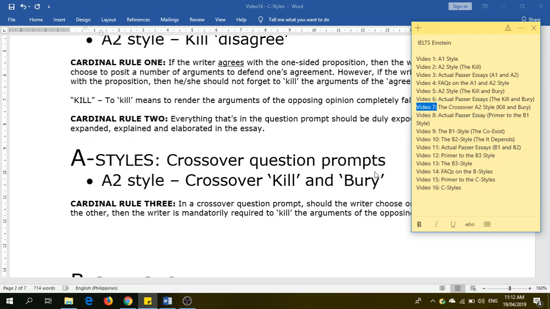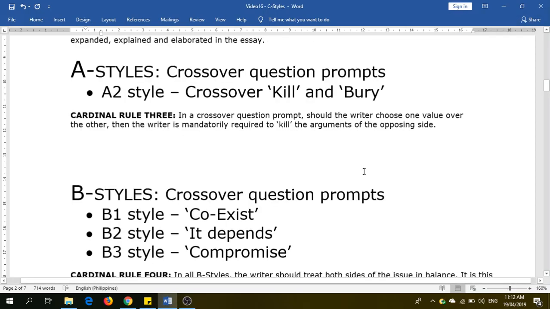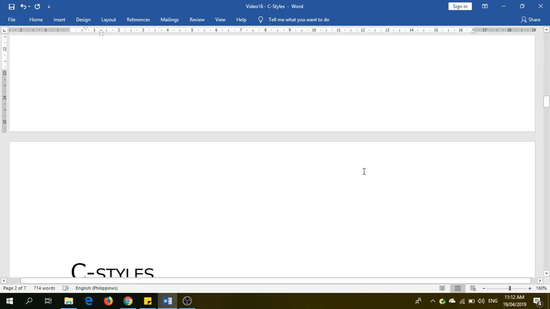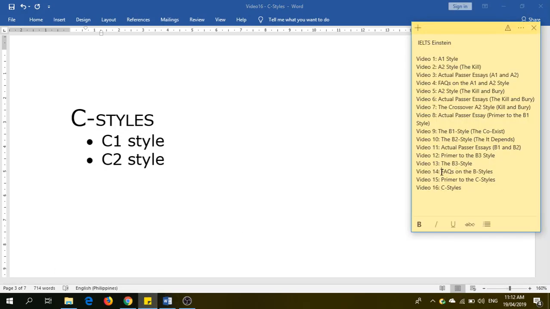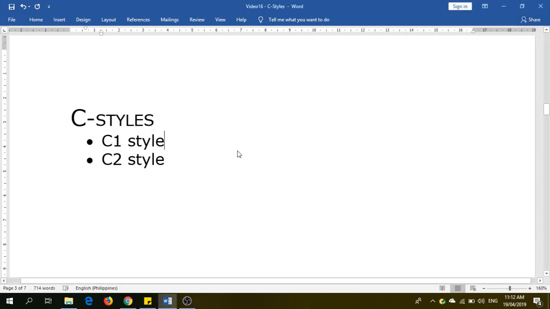So we are now going into the C styles. If you remember from the last video, which was video number 14, I believe, the FAQs on the B styles, there was a very important question asking how should you determine which of the styles is best to use for a particular question? And if you remember in that video, we only talked about the A1, A2, B1, B2, B3 styles and not the C styles